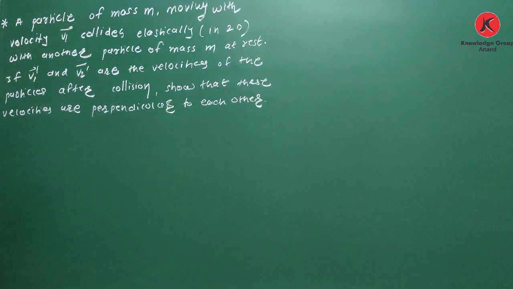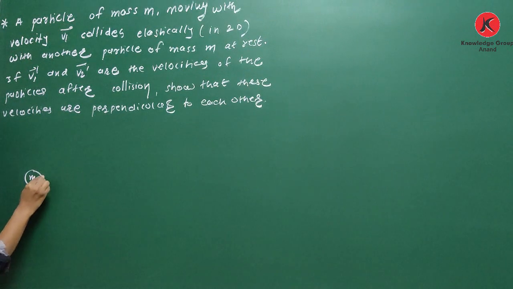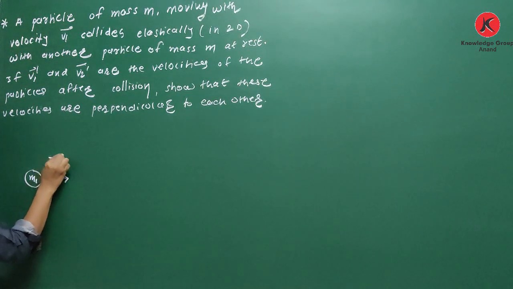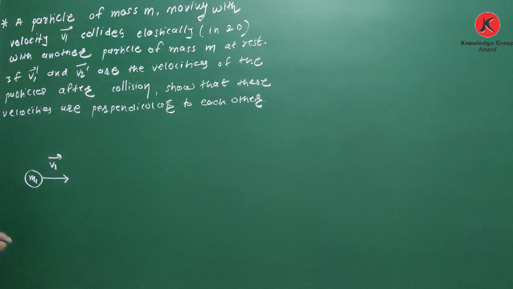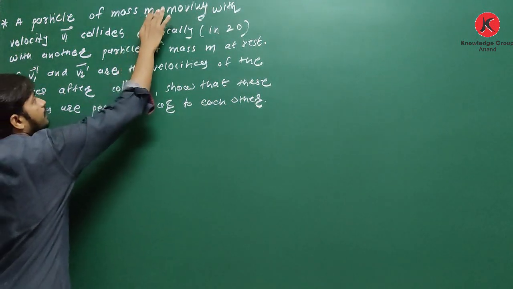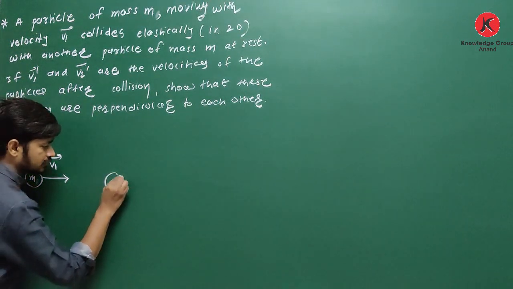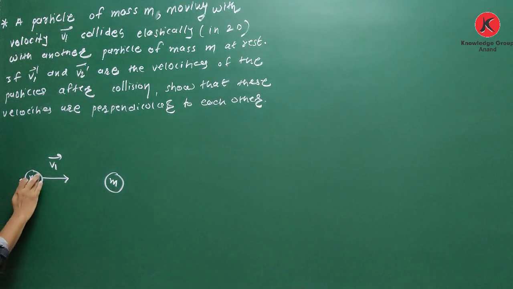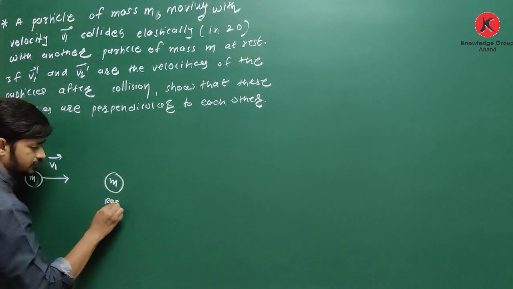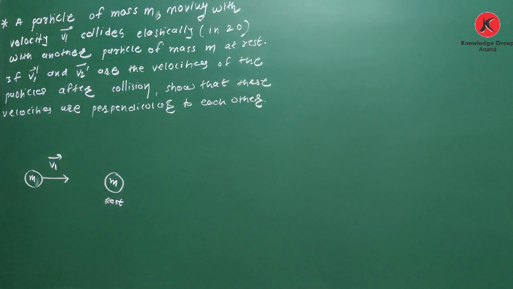How? See, here it is. What is given? A particle of mass m is moving with velocity v1 and collides elastically in one dimension with another particle of mass m. Another particle of mass m means they have the same mass. It is another particle at rest. If v1 dash and v2 dash are the velocities of the particles after collision,